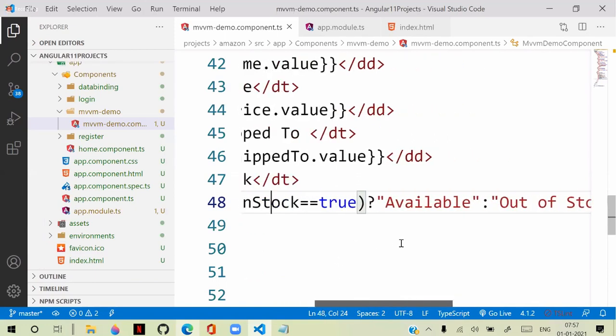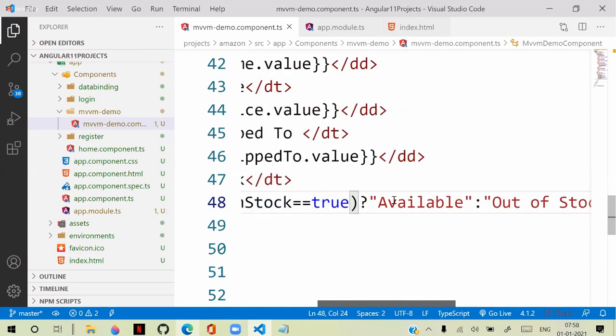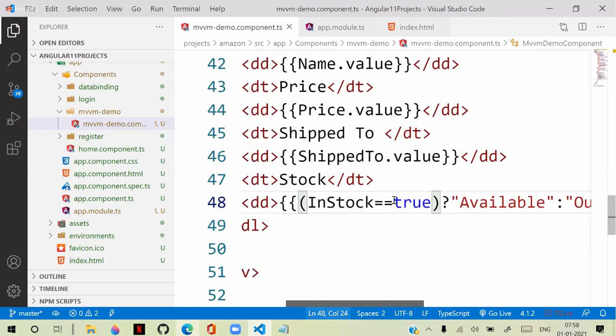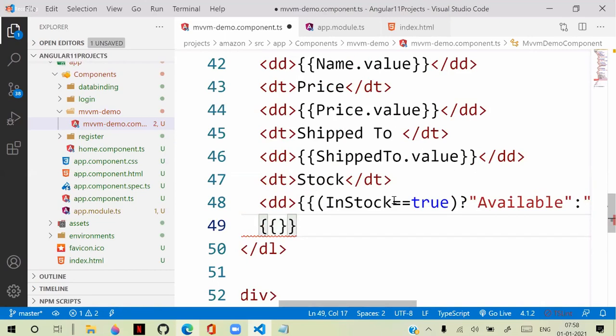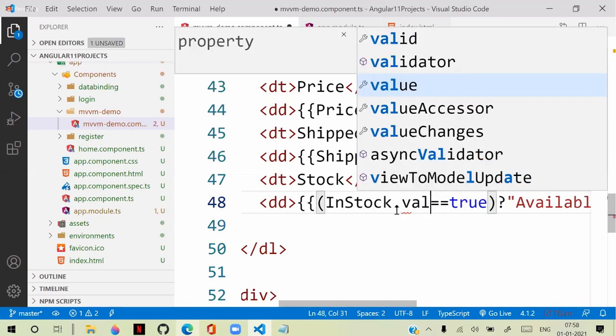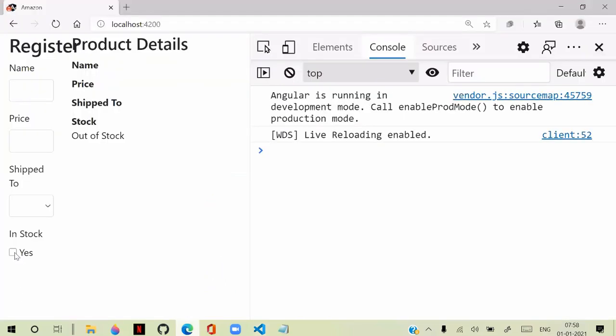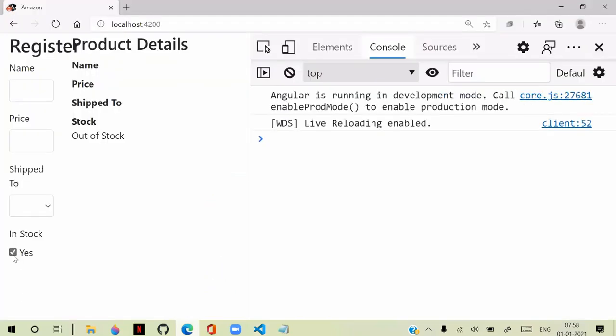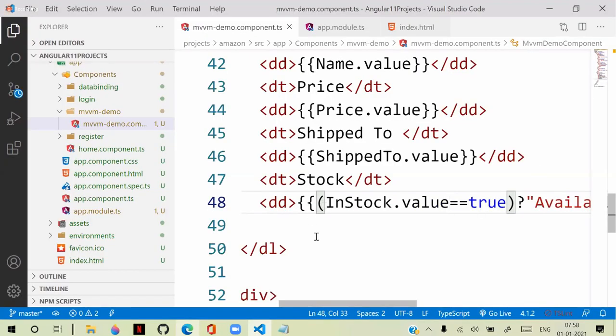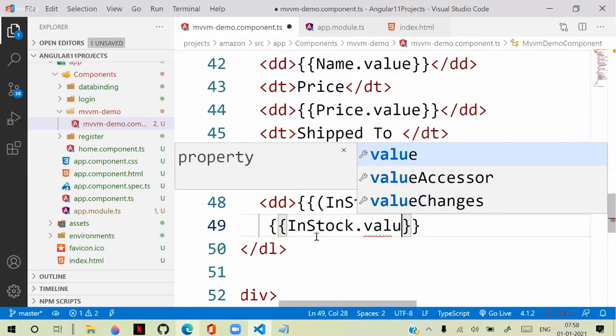I will just put some, what is it collecting. Sorry, inStock.value, right? You have to collect its value, right? This is inStock.value. It will return whether it is true or false. So inStock value will return true or false. Here that value is not returning. I will just refer to that first. inStock.value.